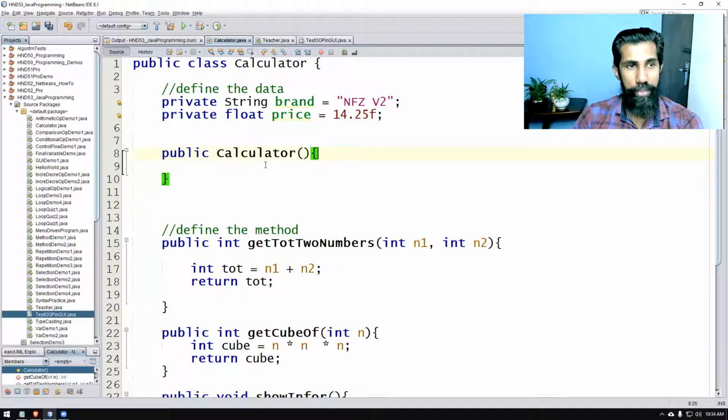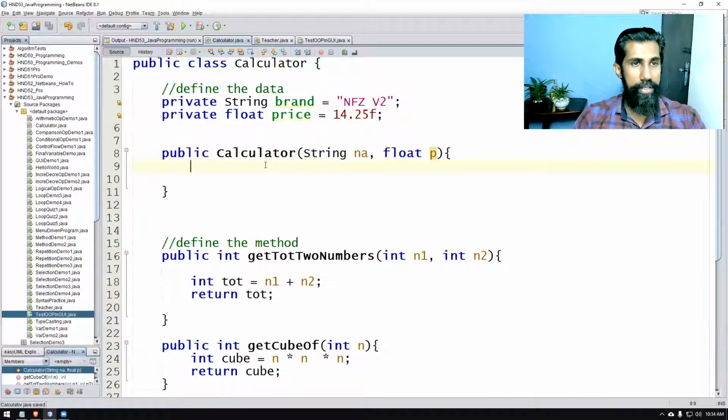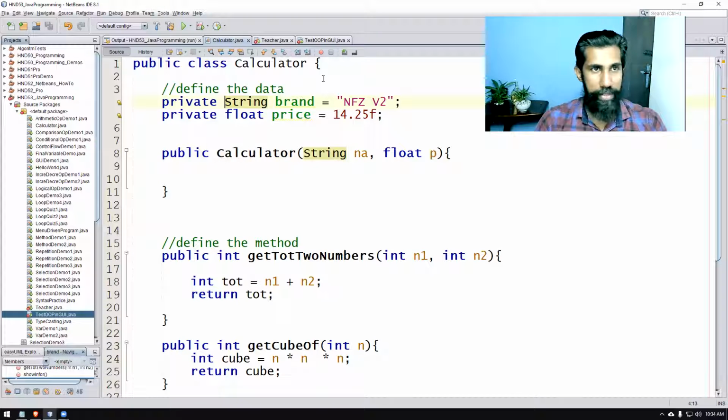By the time you're creating the object, if you want to mention something here, you can make it like this, right? So I am creating this constructor to have two parameters accepted. One is a string value, the other is a float value. Because I wrote a constructor method inside the Calculator class, there are no errors in the Calculator class. You can see there are no errors here.